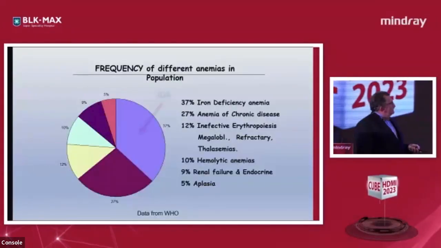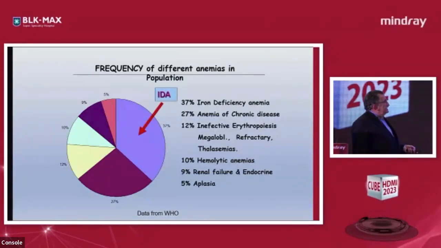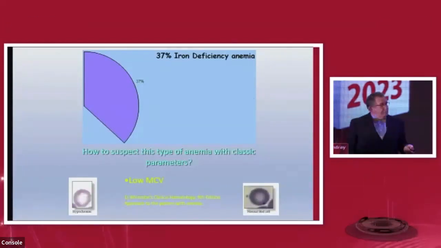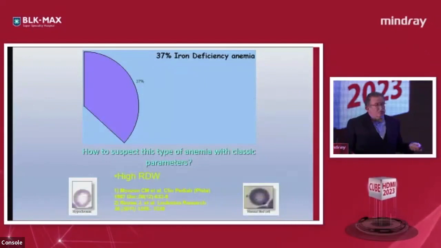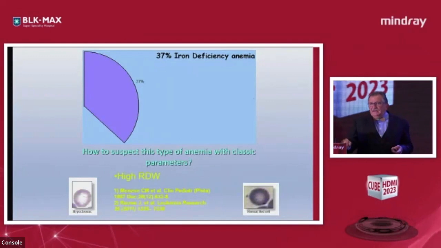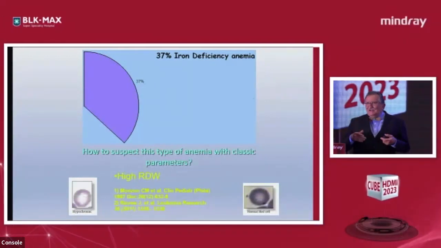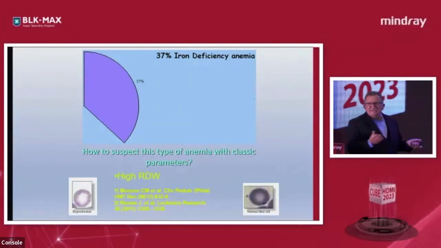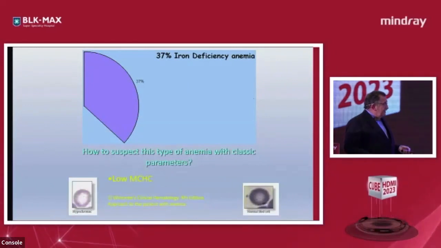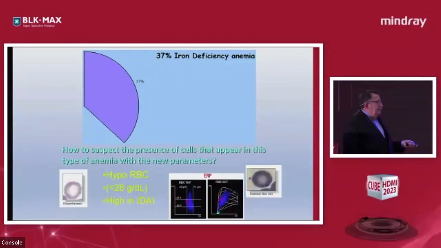Okay, and how can we diagnose iron deficiency anemia? I will go very fast if we don't need to. Low MCV for sure. Okay, high RDW is the best parameter alone to screen for anemia, apart from the research parameters of the EHR, hypochromic, but it's the best parameter from the CBC to identify the anemia. The RDW is nonspecific, low MCHC, hypo red blood cells,